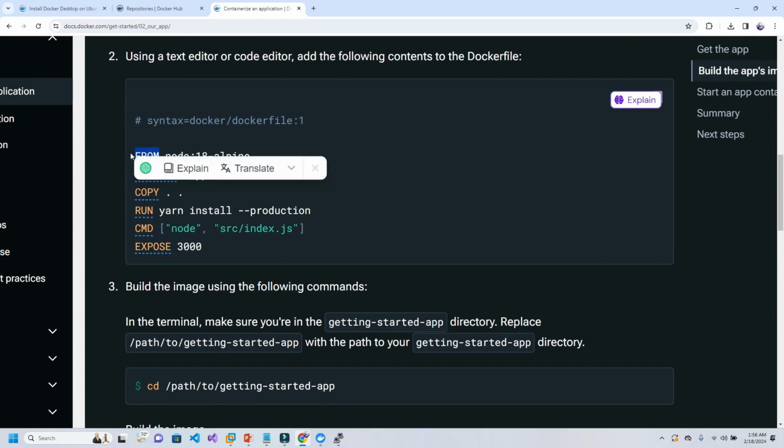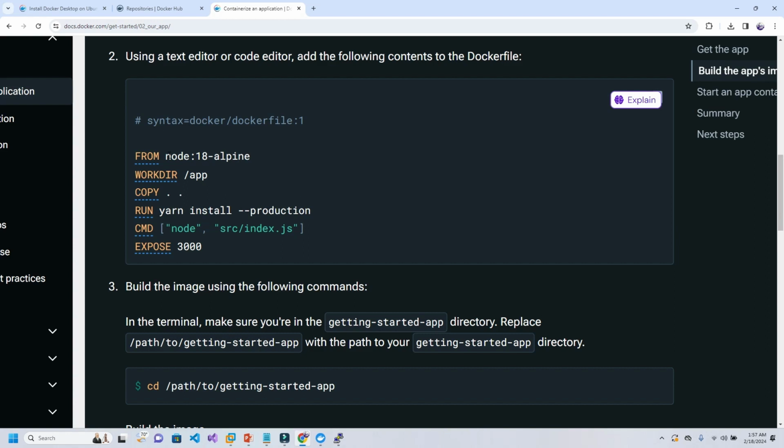Whenever you write any Docker file, the first thing that comes in the picture is your FROM instruction. The FROM instruction is a must, and it should always be in the first place. You can't keep it in the second. Before FROM, you will not be able to write anything in the Docker file